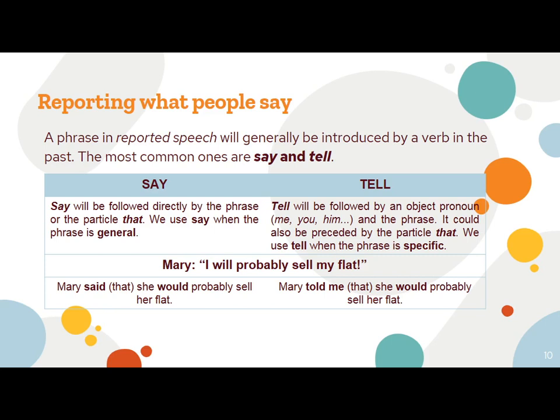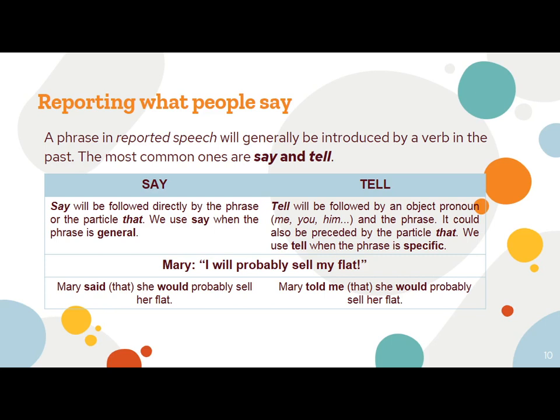We're using say or said in this case because we're talking about something that she expressed in general. She didn't say this to a specific person, but she just shared that information as a general thing. Maybe you were just near her bedroom and you're listening to her. Well, I will probably sell my flat, and then you can say, okay, Mary said that she would probably sell